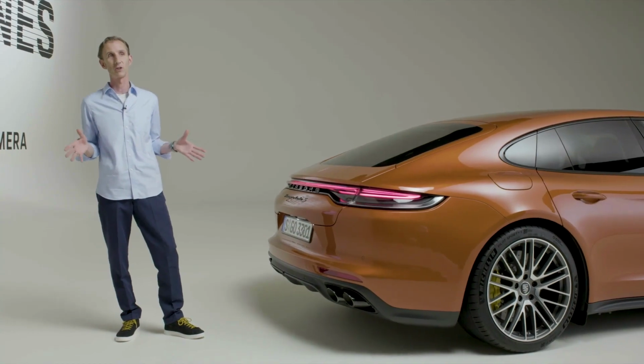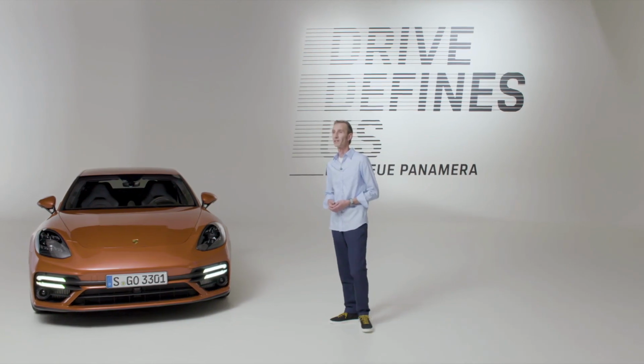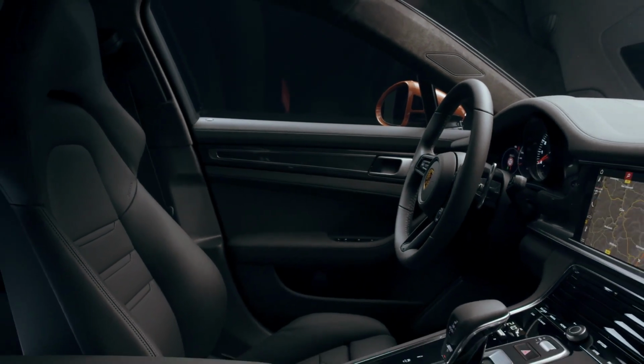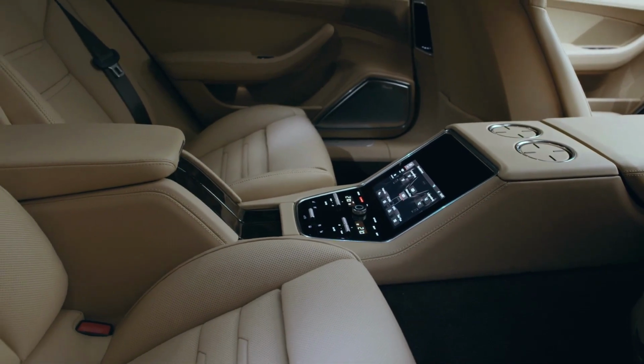Another feature is the coming home and leaving home function. In other words, we have an animation in the taillight as part of this exclusive light. The interior of the new Panamera builds on the architecture of its predecessor. Tidy, classic, elegant. There are new equipment variants, and we also have a new generation of multi-function steering wheels in